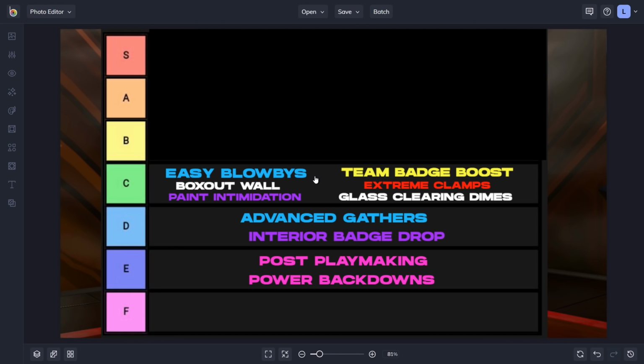However, running easy blow-bys as the only takeover you have activated just doesn't really make any sense to me. I think it should be a secondary takeover paired with a sharp take, and then boom, that's when you're really working with this. For our final C tier badge, we have Extreme Clamps, and you guys know how I feel